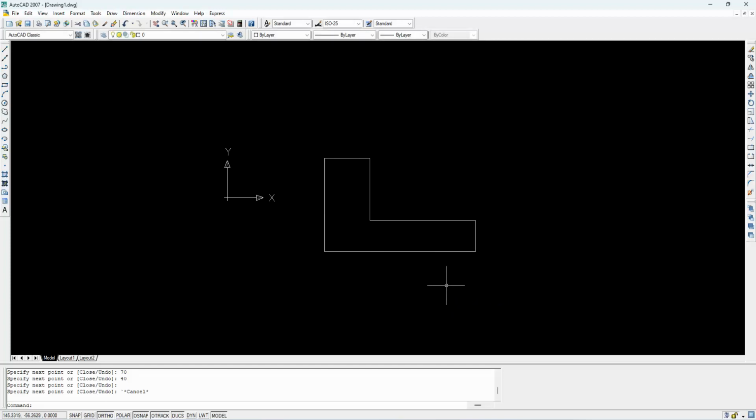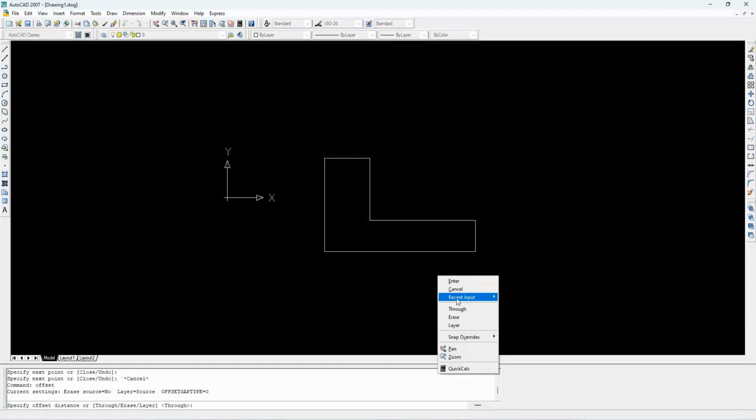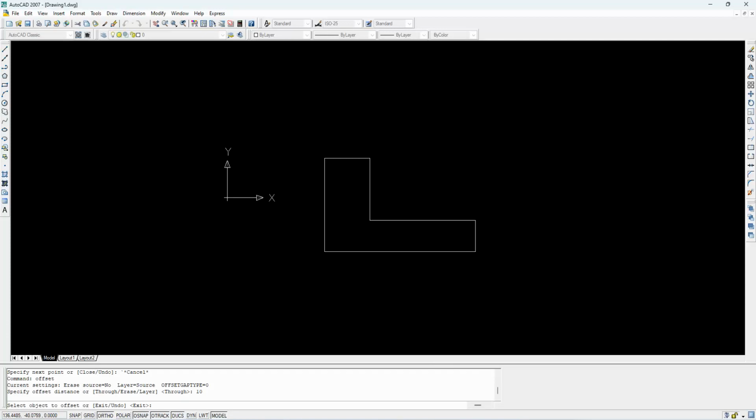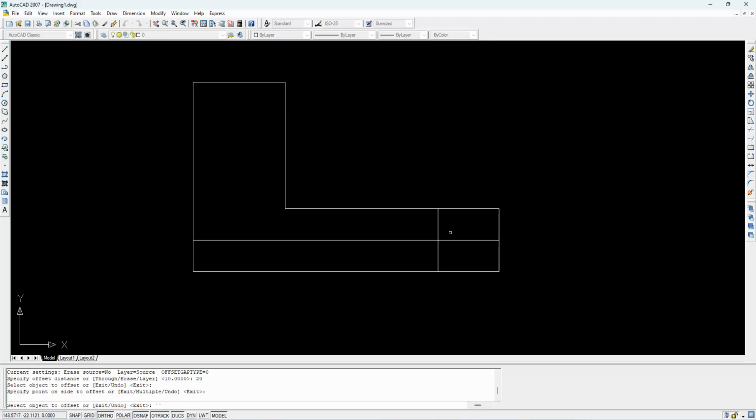Now I want to draw this cut, so go for offset. Distance is 10 mm. So from here you offset the line, then same offset, you offset 20 mm. So from here offset this line. So this is the starting point. So from here draw a line from here at 15 angle